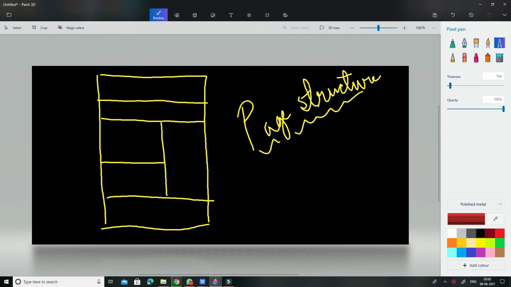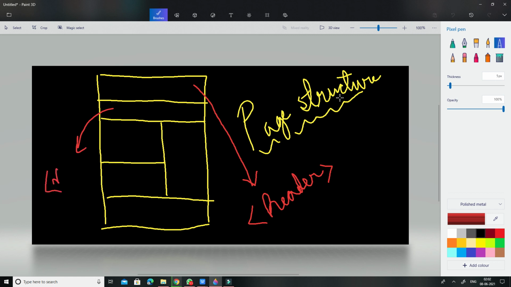So the first point, this part is called the header, not the head. All right, here we are calling it a header. The next part is the part which contains the, and it can be created by using the header tag. All right, the next part of our web page is the nav part, or the part which contains the navigation bar and other clickable options. All right, so this is the nav bar part.